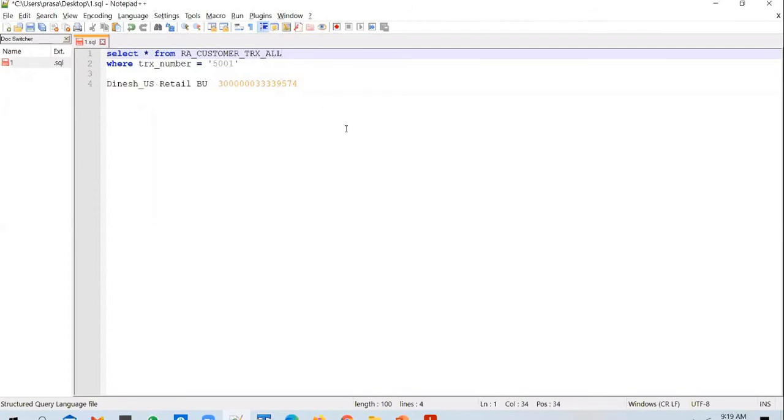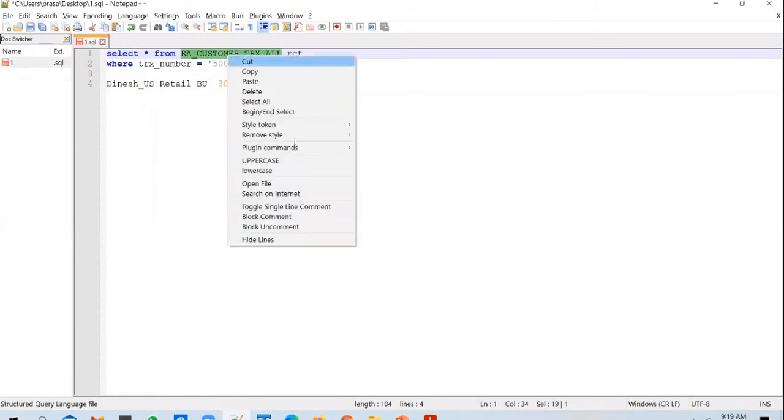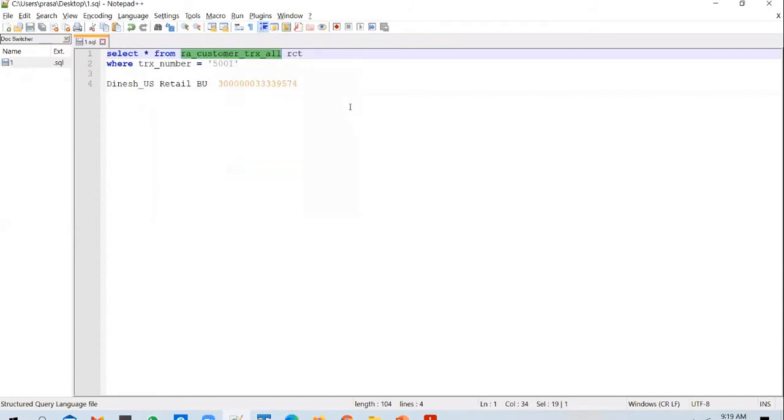But if you are adding multiple tables, it would be better if you add an alias after each and every table. So here, after the RA customer transactional table, you can add an alias called RCT. Why RCT? You normally follow a naming convention where you pick the first letter from each word, R, C, T, and you call it RCT.